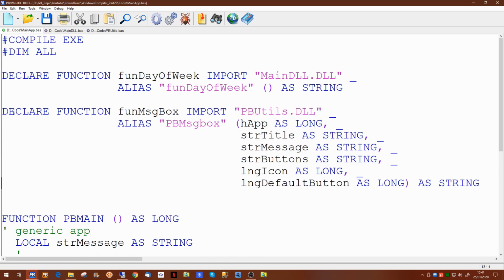Now this declare statement is going to call a new function called funMessageBox. This will be contained within a DLL called PBUtils. We're going to be passing it the handle of the dialog we're currently in, which will either be the desktop or form. We then want to pass the title of the dynamic dialog, the message we want to appear in the dialog, a list of delimited button names, because there can be one, two, or many buttons on this form,